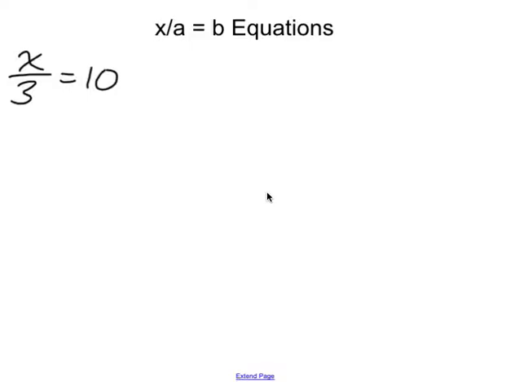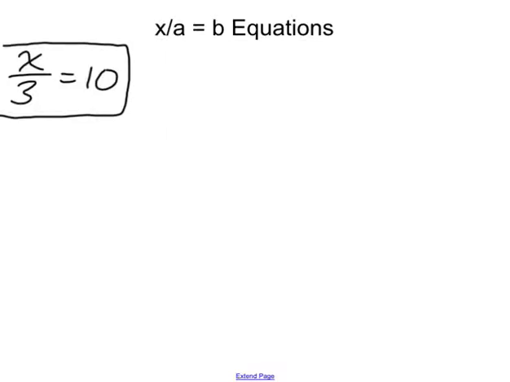Equations x divided by a equals b really just means some variable divided by some other number, a, equals some other number, b. And our job is to find out what x, or whatever variable we're using, is. Typically, an example of this is like the one I've got on the board here: x divided by 3 equals 10. So we're going to show you how to answer these questions both pictorially and symbolically using